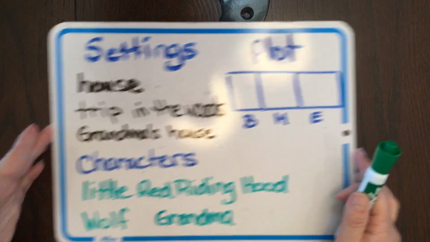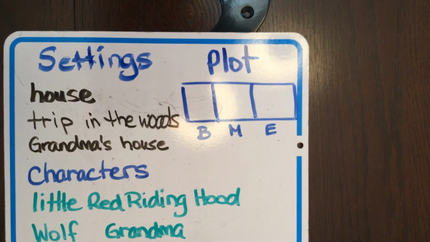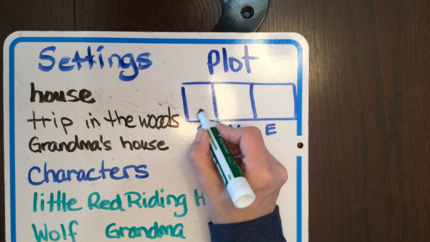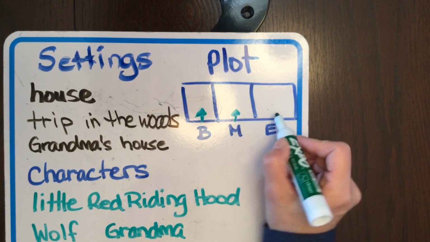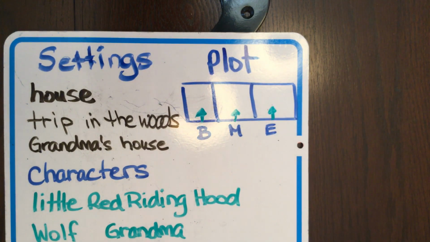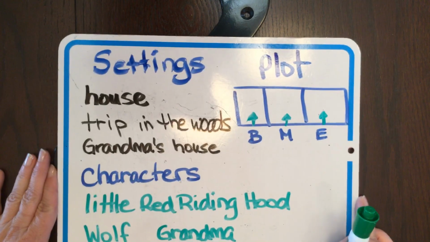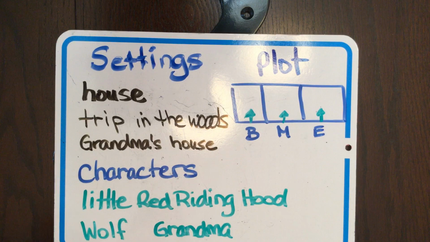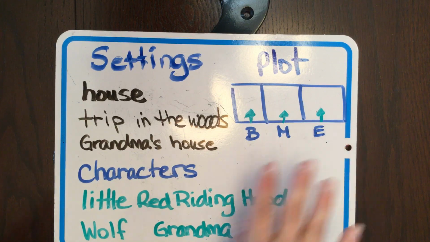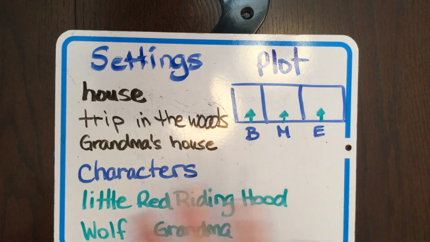bedside. Or, my friends, you can do a plot story where you do me a picture from the beginning, a picture from the middle, and a picture from the end. And in those pictures, you'd want to put all of the details for the beginning. So in the beginning, Little Red Riding Hood is at her house packing the basket of food to take to Grandma's. In the middle, you might draw a picture of her in the woods on the path, or maybe off